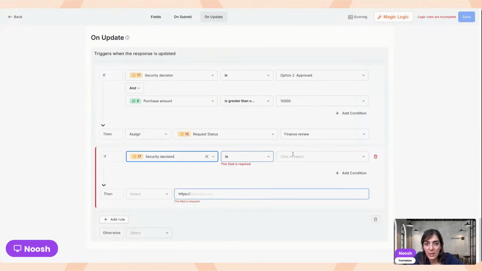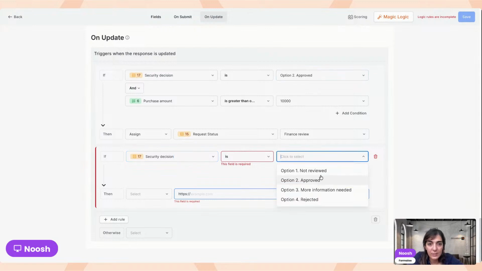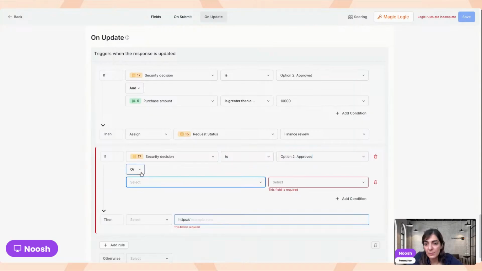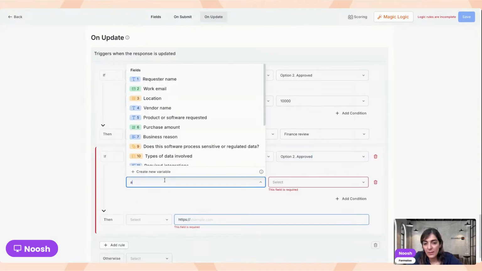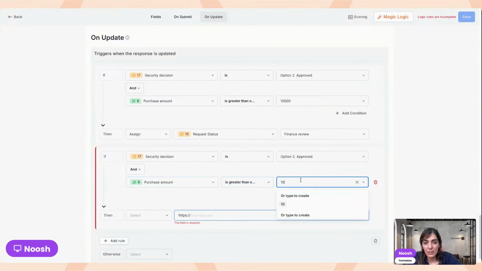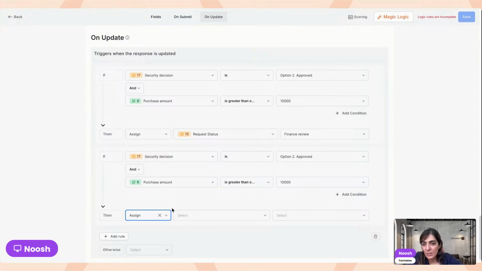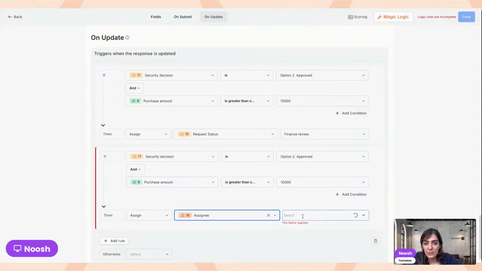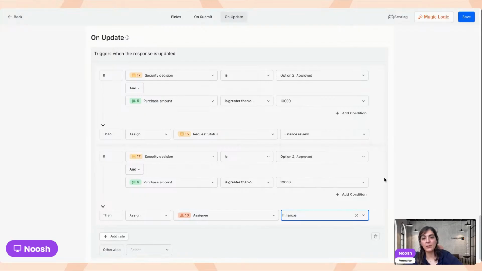because now the finance team should check it out and make changes. And I want the same if conditions. If it's approved and the purchase amount is greater than or equal to $10,000, I want to assign the assignee field to the finance team. So in this case, now finance is responsible for this request and they should make the decision. Okay, now I've saved changes and these are my logic rules,